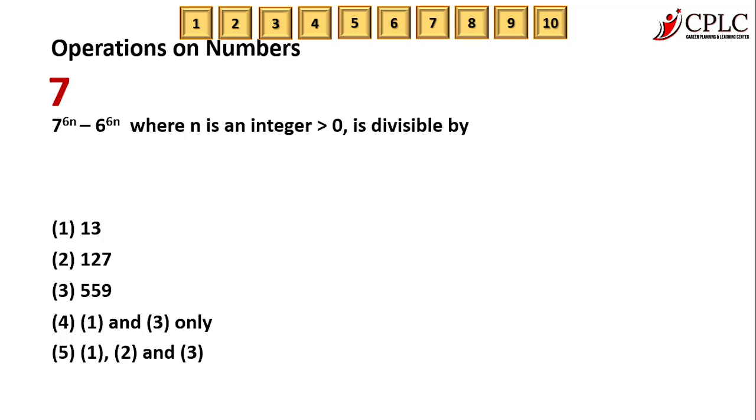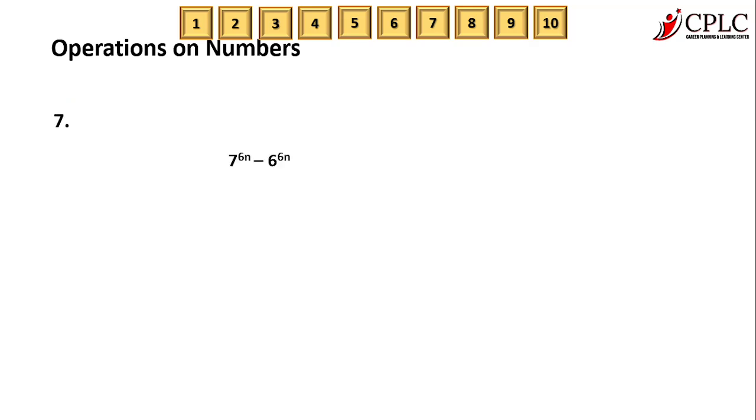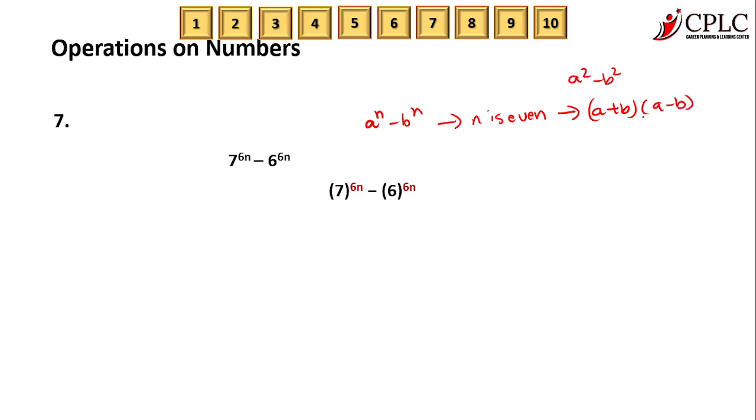that we have to use divisibility of algebraic expressions, and you can consider a and b as 7 and 6 itself. So this becomes a raised to n minus b raised to n when n is even, because 6n is even. And we know this type is divisible by both a plus b and a minus b. Why? Because it becomes of the type a square minus b square, basically. That's the reason. So we can say our expression is divisible by both a plus b and a minus b,